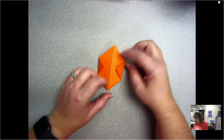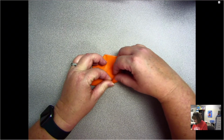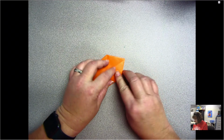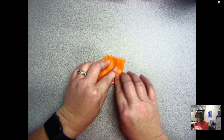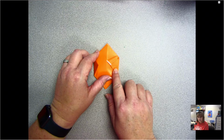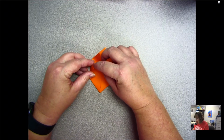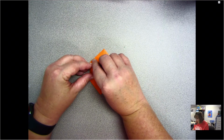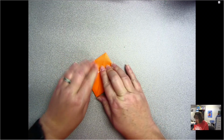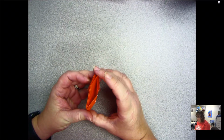And now I have those little pockets again. I'm going to take the top, open up this little pocket, and stick that in there. Do the same thing. There goes that one. And now I'll do the same thing on this side. Open up the little pocket, stick the end down in there. All I have to do,